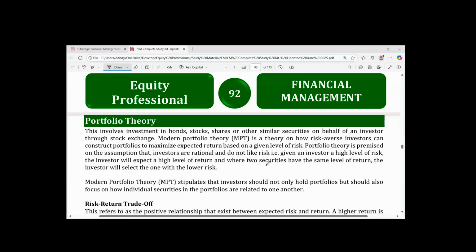So as discussed, we are going to be having portfolio theory today. Portfolio is a very interesting and practical topic in financial management. All right. In the class today, I will introduce you to portfolio theory. We'll talk about modern portfolio theory. We are going to discuss